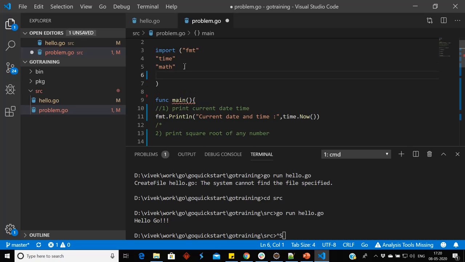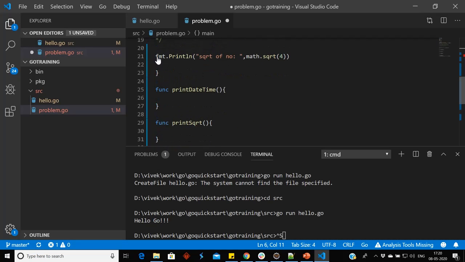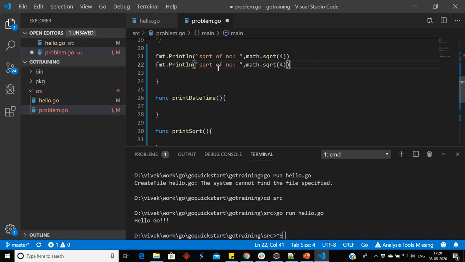So we can import that package, math/rand, and it has a function Intn. So we can use it for a random number between 0 and 100.